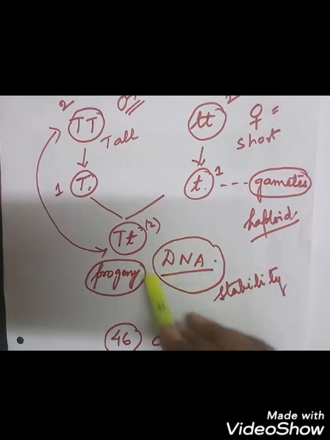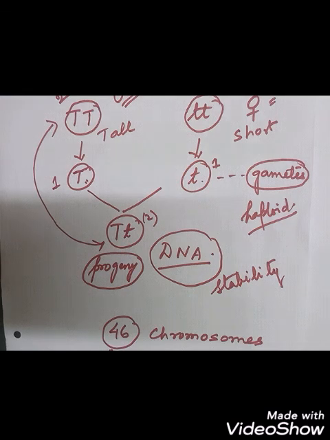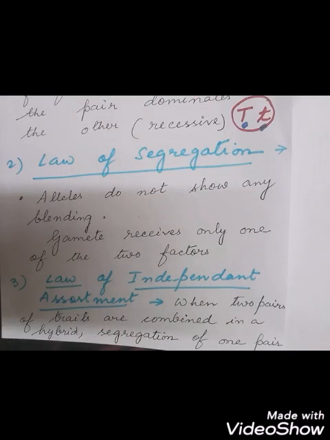So this you can see, this is the inheritance of the DNA that is transmitted, or the genes that are transmitted from the parents to the child, and this maintains the stability of the DNA. So in the human being, there is the maintenance of DNA flow or the stability, which is the basis of evolution.